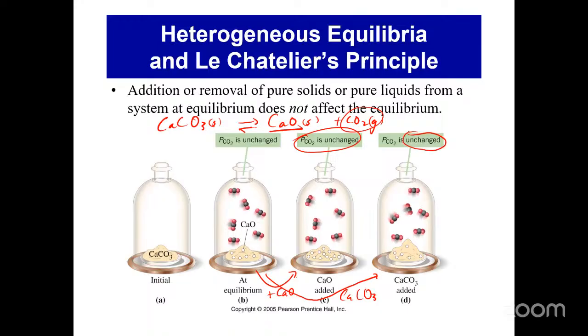So that is true if you add more solids, and also if a liquid is involved, if you add more liquid, the same thing is going to happen. There'll be no change in the equilibrium position or no change in the amounts of any other substances involved. So that's basically what will take place as far as the heterogeneous equilibrium is concerned. Adding any amount of solid or liquid that is involved in such systems will not affect the composition of the equilibrium mixture.